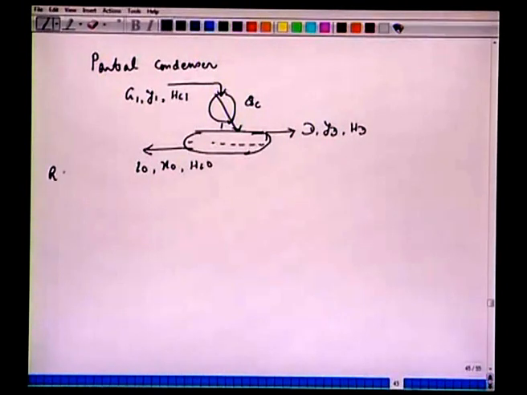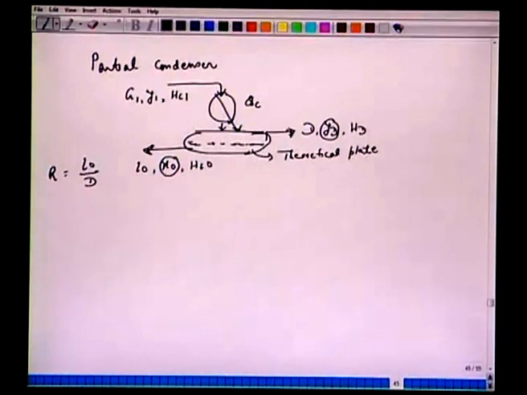The definition of reflux ratio is the same, L0 over D. Let us see the difference. We have X0 and YD, and this is your partial condenser, which means that these two mole fractions will be on the tie line or on the equilibrium, because the vapor leaving here and the liquid here are in equilibrium. So this partial condenser is supposed to be a theoretical or equilibrium plate. And you can see Y1 is different from X0 and is different from YD. So there is a difference from what we had earlier with the total condenser.